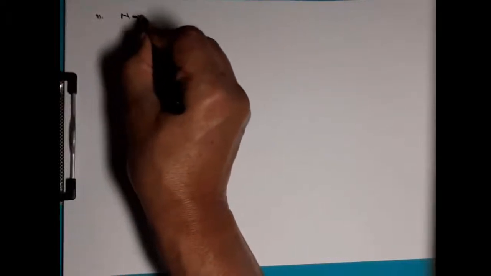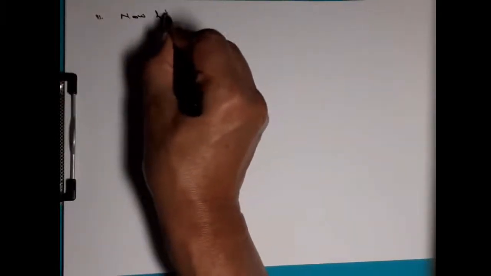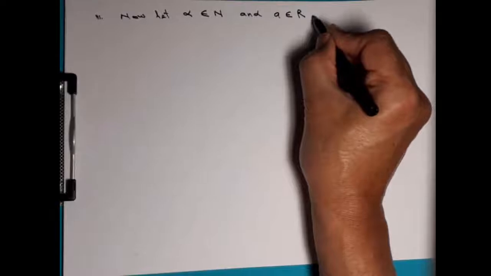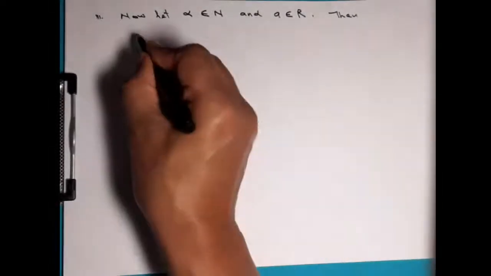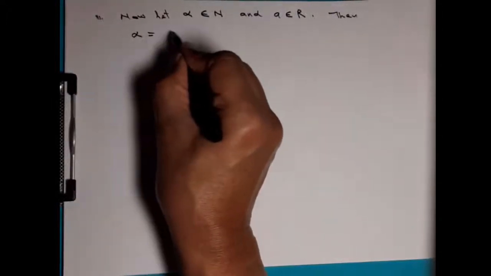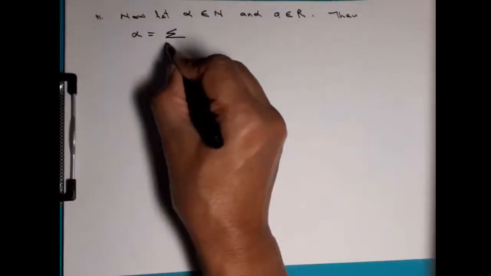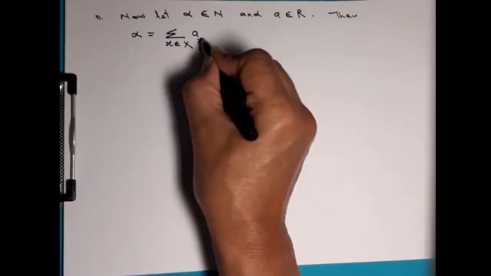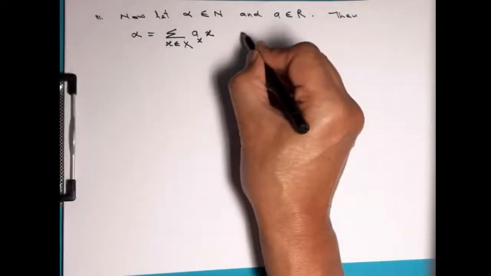Now let alpha belong to N and a be a scalar element, or a is an element of the ring R. Then, by definition, alpha is equal to a linear combination of elements of X, sigma over x belonging to X, a_x x, and therefore